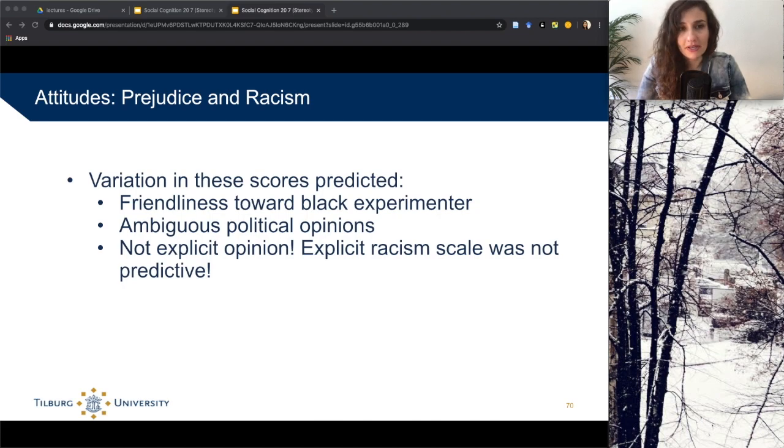Why? You could say it's possible that it didn't correlate because people would be motivated to suppress racism in their open responses, but they might not be able to do so in the implicit measure. But of course, there might also be other reasons why there's no relation between the explicit racism scales and our implicit measure. It might be that perhaps we were measuring not exactly what we think we're measuring with the implicit measure. We don't know for sure.